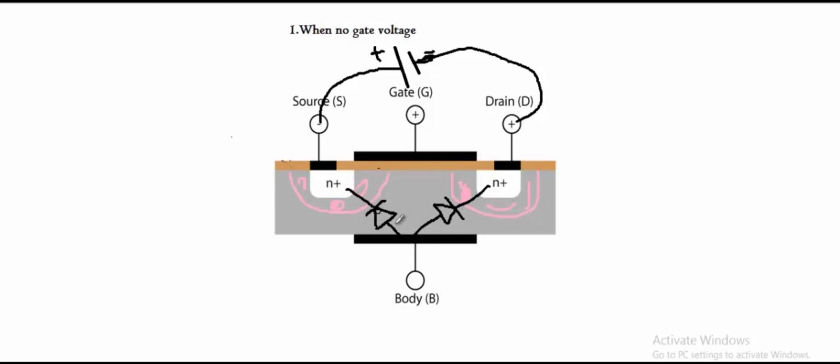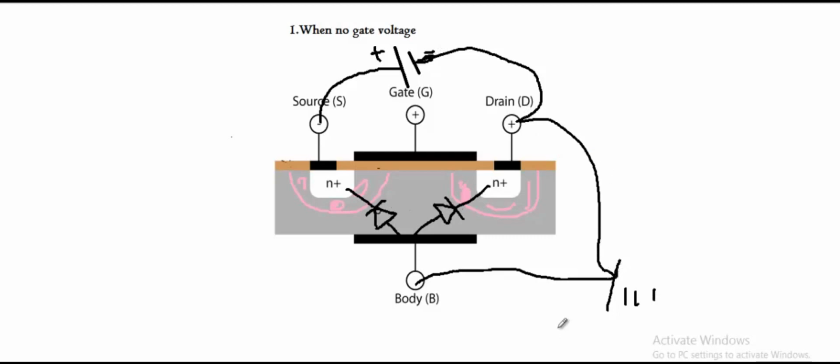And you know that this body terminal will always be connected to the ground, and this is a negative terminal, therefore this also will be connected to the ground, right? So this diode acts as reverse biased and this one will be shorted. You can observe one more thing, that you can interpret this source as a drain and this drain as a source, and therefore we can say the MOSFET is a symmetrical device. We can exchange this drain and source by proper biasing. So keep this point in mind, it is very important.